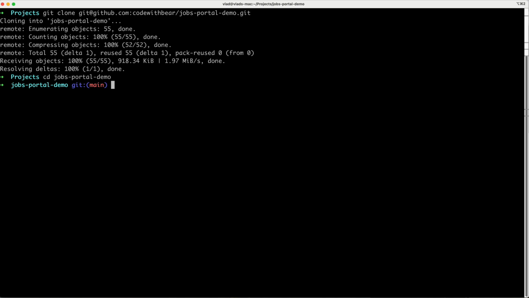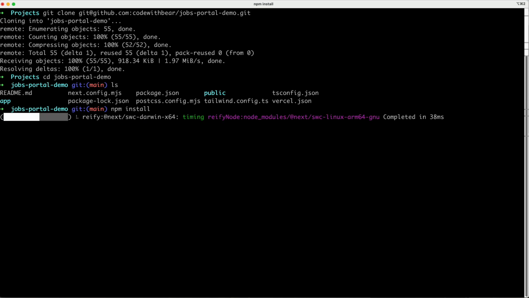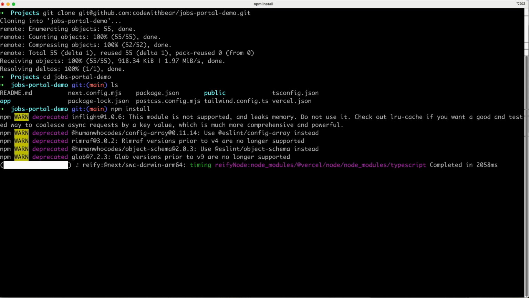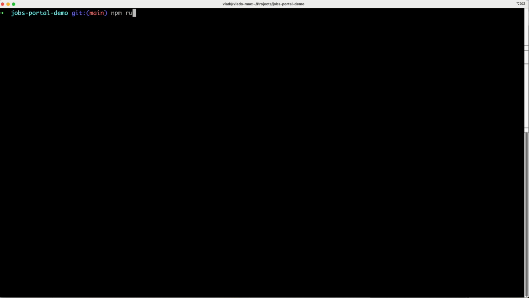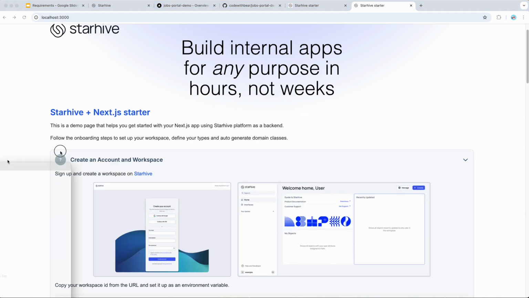There I have the Next.js project, and I'm going to go ahead and install npm dependencies by running npm install command. To start the local development server, we can execute npm run dev command. Then we can go to the localhost URL and we see the same user interface that we have seen from